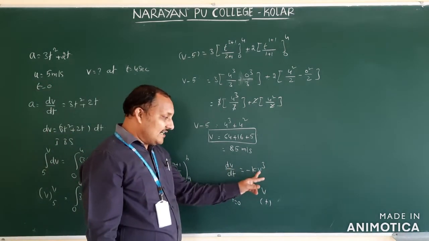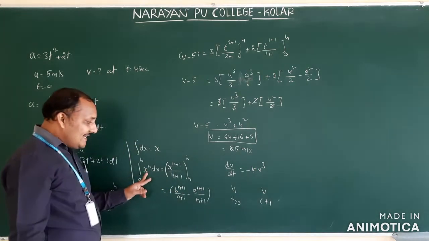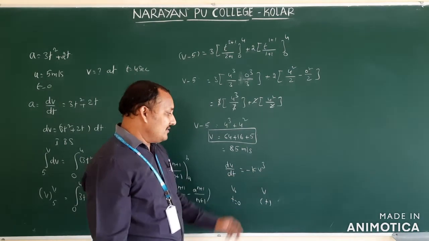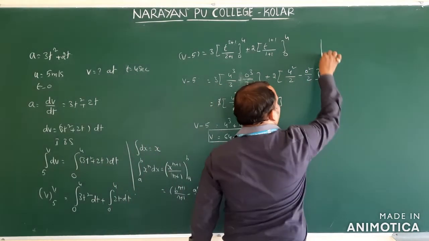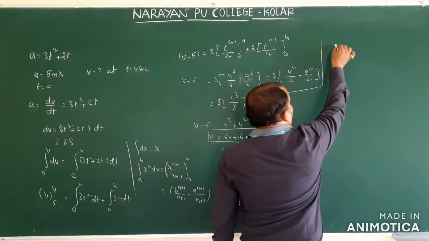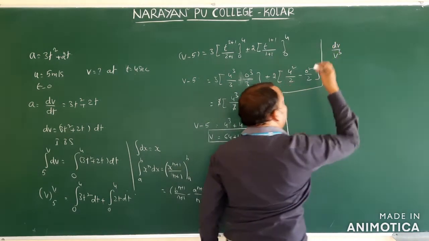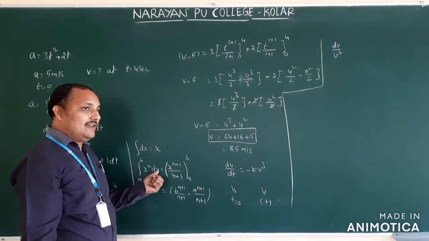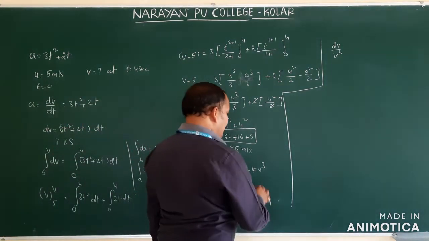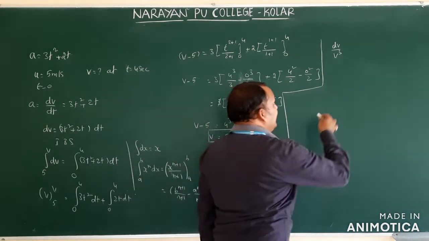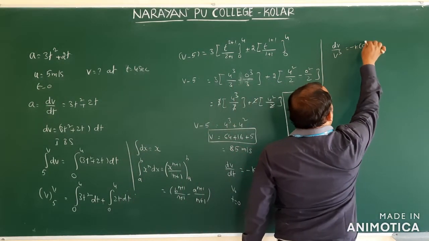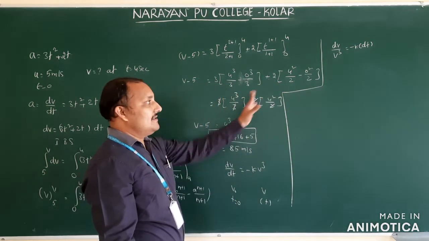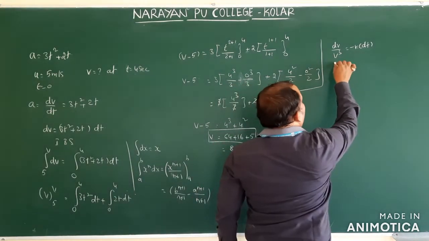So we have v and dv at one place because we came to know x dx formula. Therefore, this v we should bring this side, this dt we should send this side. We get dv by v cube, because we came to know x dx or x square dx or v dv, like that we can do. Therefore, we are bringing v cube this side, dt that side. Minus k dt. Both are same. So now integration on both sides.